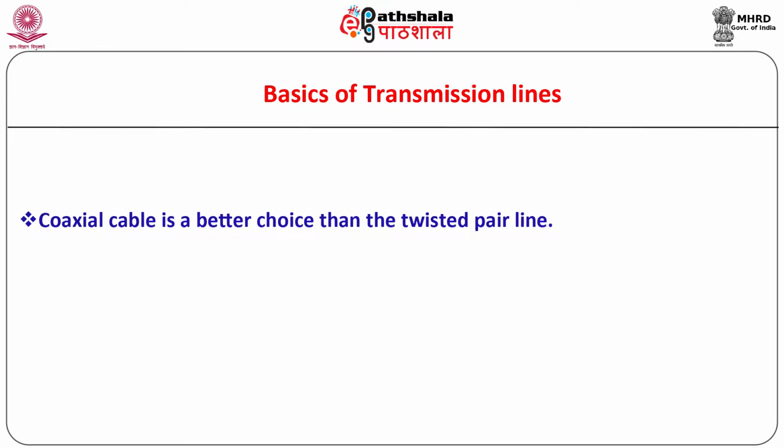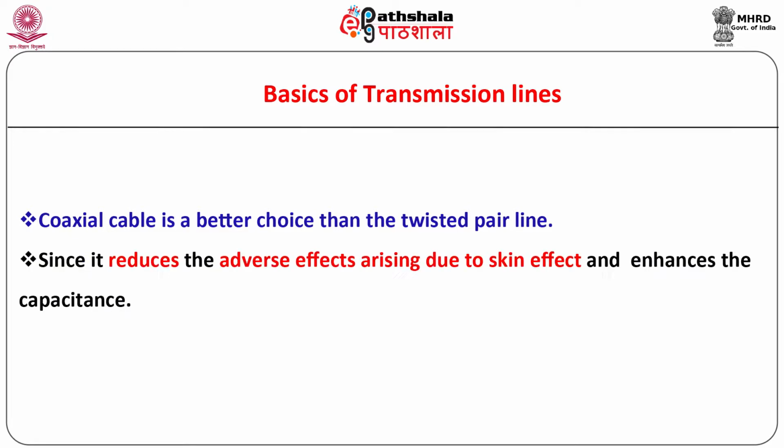Coaxial cable, in which the space between the inner and the outer conductor is filled with some insulating material, is a better choice than the twisted pair line, since it reduces the adverse effects arising due to skin effect and enhances the capacitance. The transmission range is also remarkably large, which is several hundreds of meters with 10 megabits per second as the